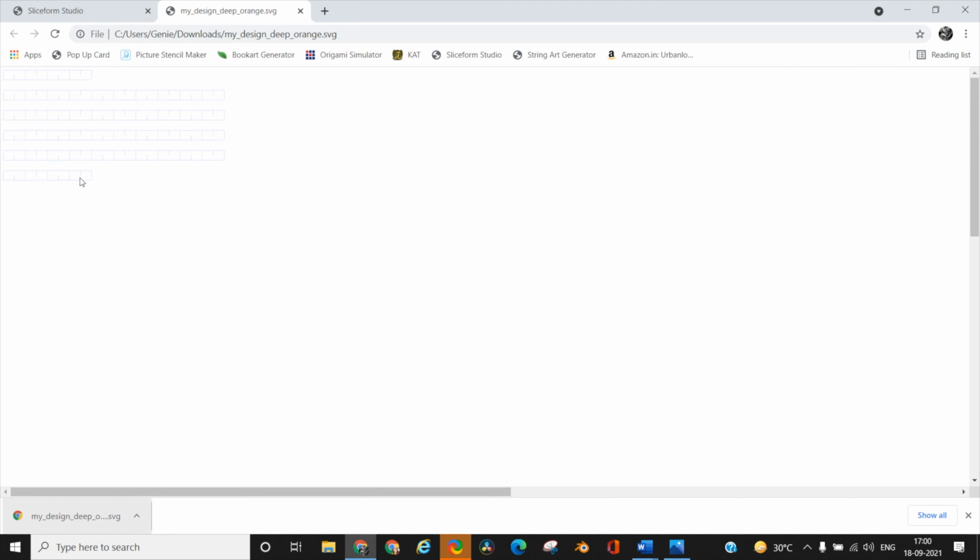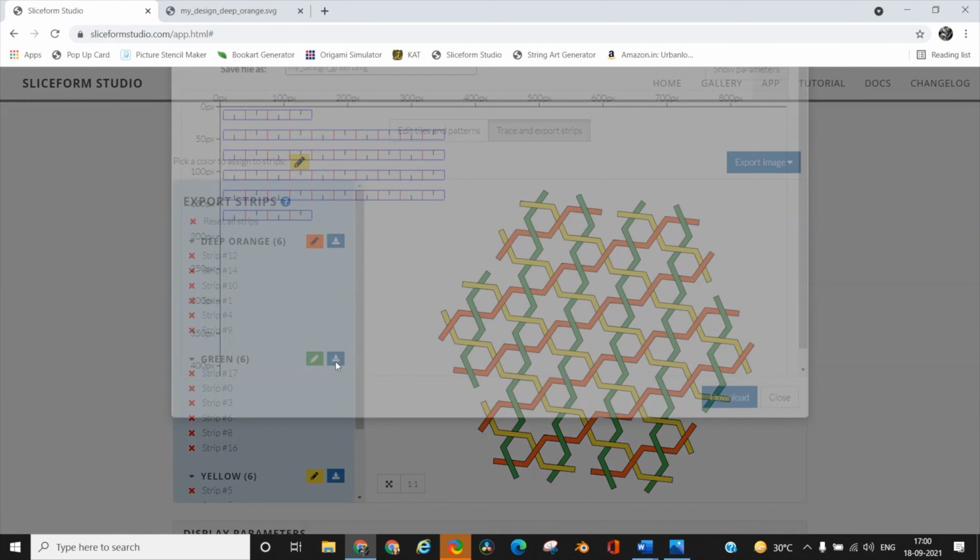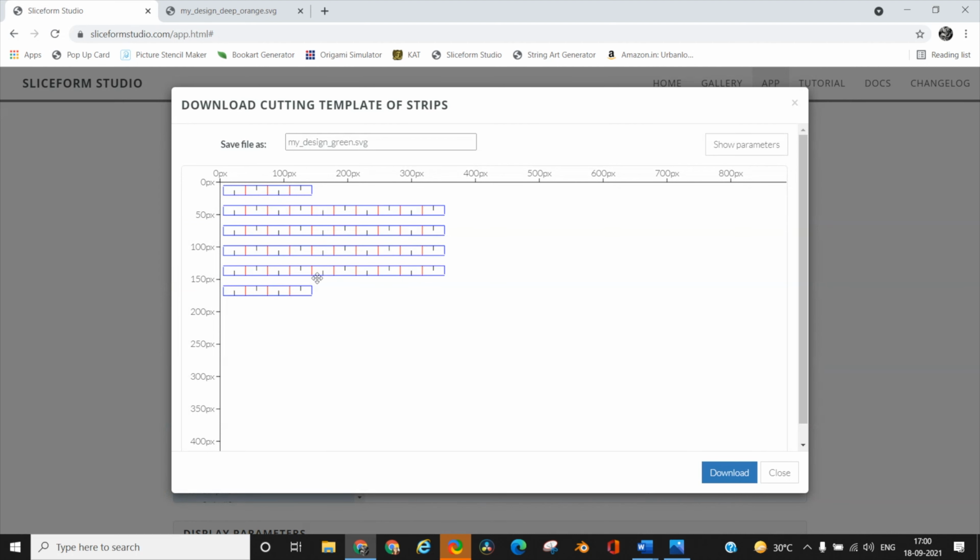There are no markings whether it's a mountain fold or a valley fold. So these half lines that you see, these are the cuts. So I'll show you again. These half lines that you see are the places where you need to cut the slot, not the slice, but you need to cut the slot. And these red lines are the ones where you need to fold. But whether it's going to be a mountain fold or a valley fold, that you will not know.